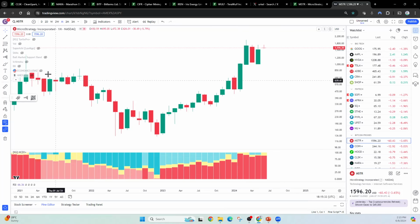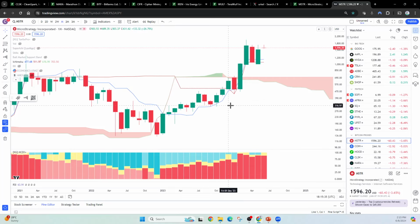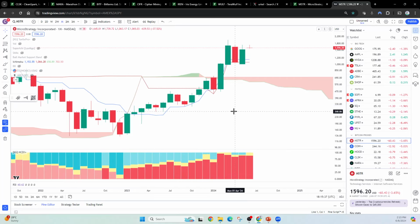I'm going to show you a little bit more data as to why that is. But the trend is strong, right? One thing I like to look at usually is something called the Ichimoku cloud. The Ichimoku cloud is a way to calculate some of these moving period averages, and it comes to these few